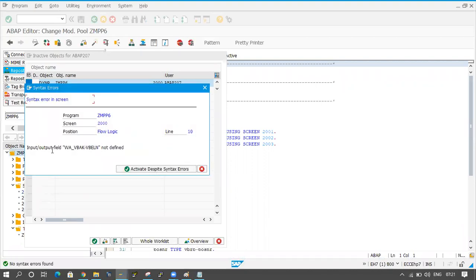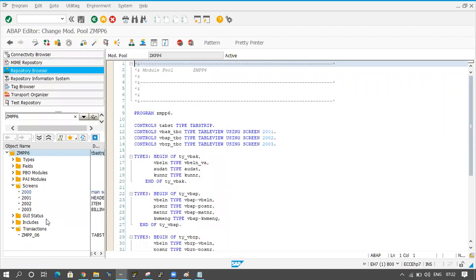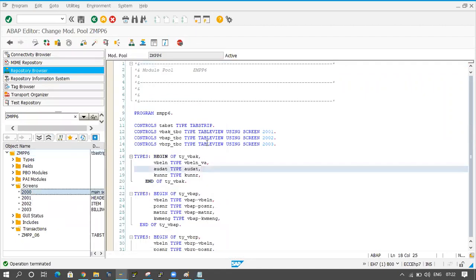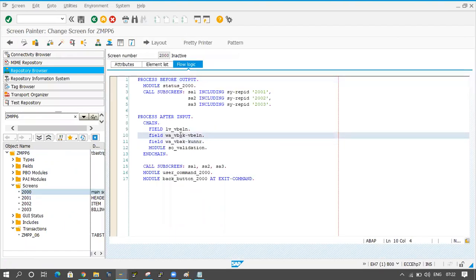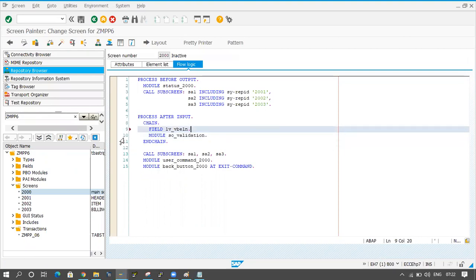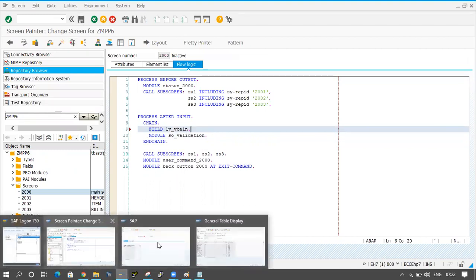The field work area VBAK-VBELN is not defined.